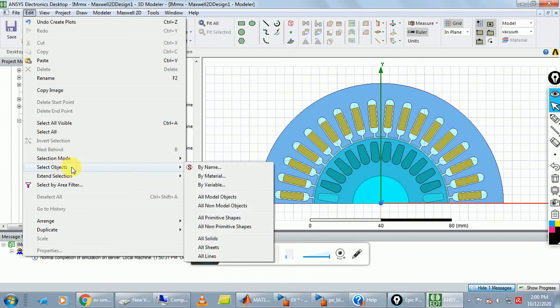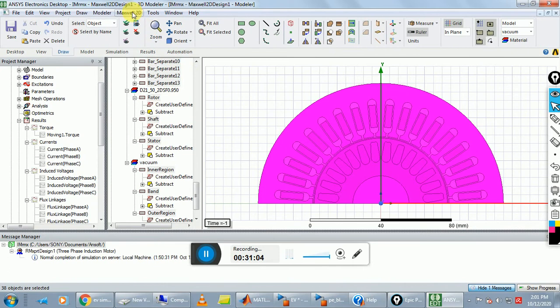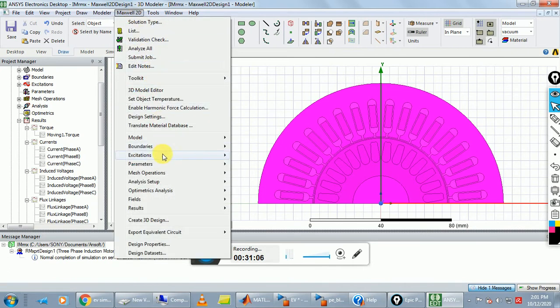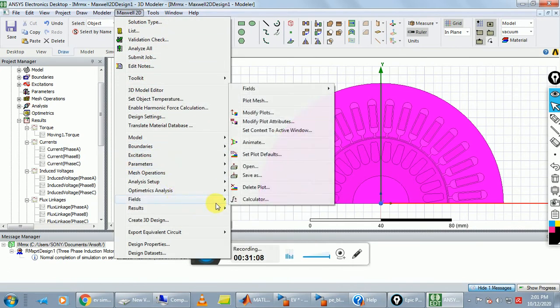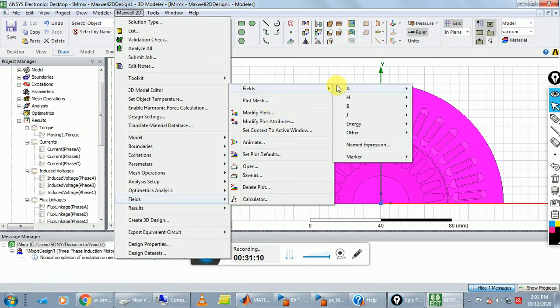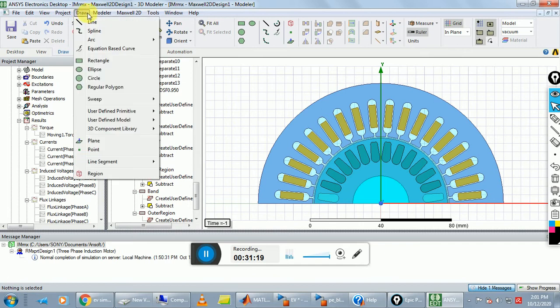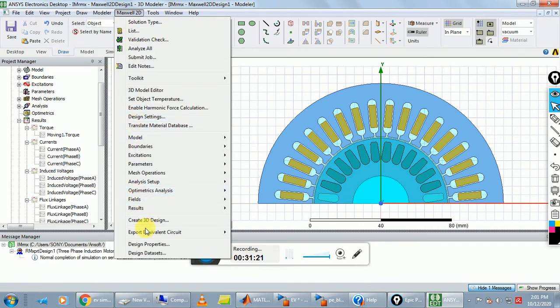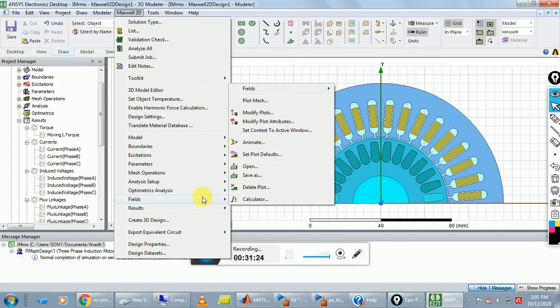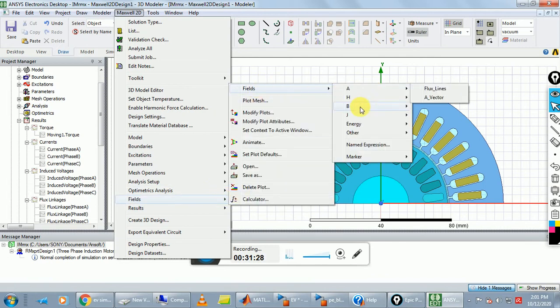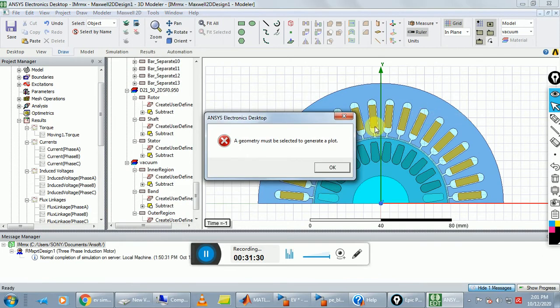Click on edit and select all object, go to Maxwell 2D fields. Here the next plot is the flux density, select B magnitude, in volume select all object, done, and again go to Maxwell 2D, explore fields, and click on B vector.